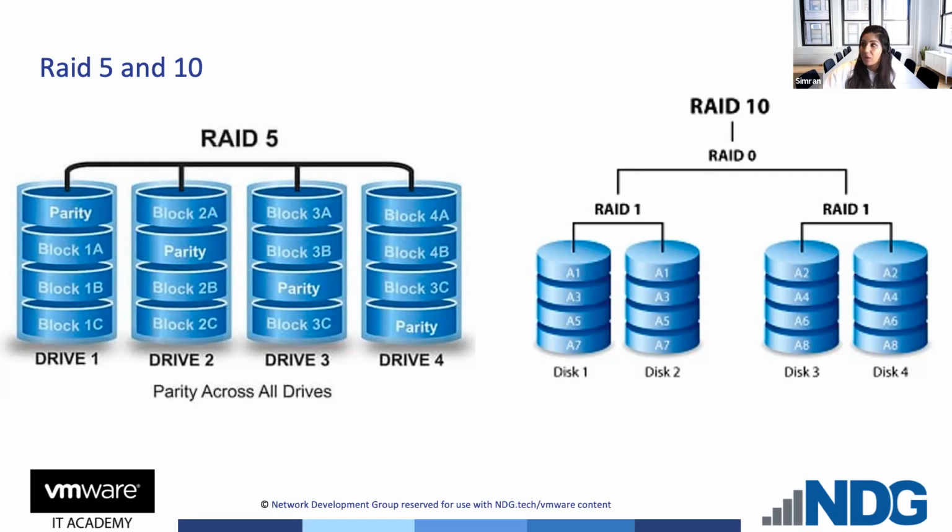And then the final one that we have is RAID 10. And RAID 10 basically, like the name says, is combining both RAID 1 and RAID 0 together. And you need to use a minimum of 4 disks. So in this kind of setup, you need a set of 2 disks that are mirrored using a RAID 1 setup. And then both sets of the 2 disks are striped using RAID 0. So you'll have your 2 sets which are copied and mirrored, and you'll have your RAID 0 which is going